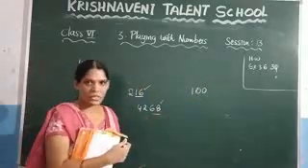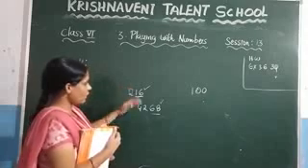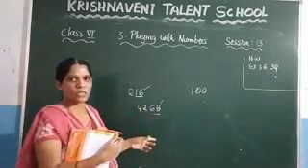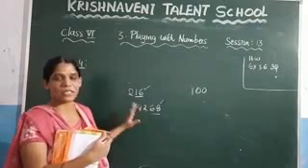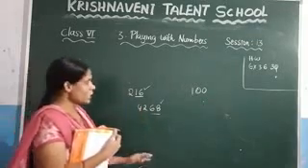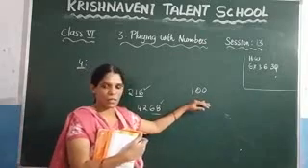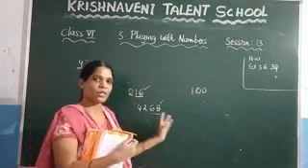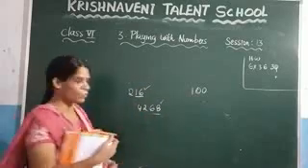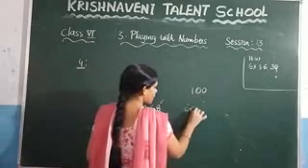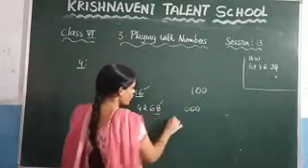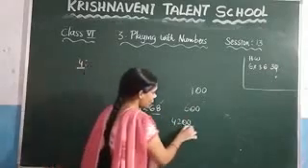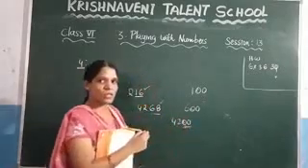Just now we have revised these two. What we have checked here is the last 2 digits of a number. If the last 2 digits of a number are divisible by 4, then we can say that the given number is divisible by 4. In this case, if you see this number, what are the last 2 digits here? 0 0. If the last 2 digits are 0 0, then also we can say that the given number is divisible by 4. Let us consider 600. This number is also divisible by 4. 4200. This number is also divisible by 4. That means if the number ends with 0 0, that number is also divisible by 4.